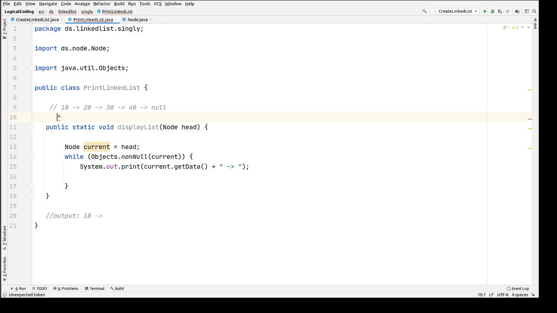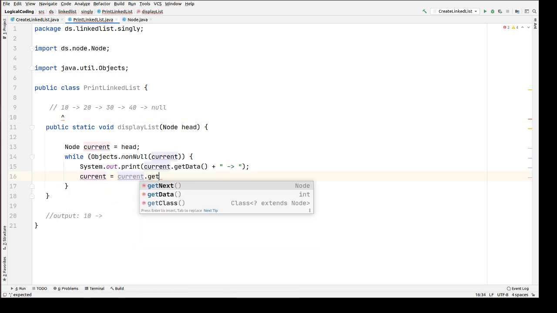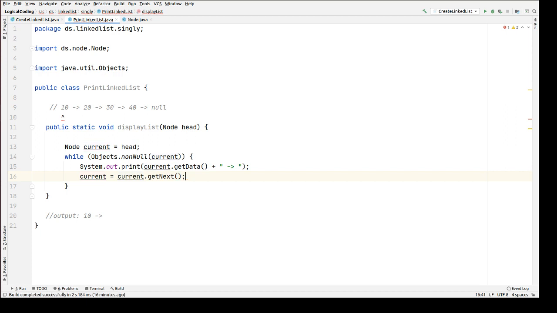How will this happen? This will happen using current.getNext, and the value should again be reassigned to the current reference. So now this line will take care of moving our current pointer one step ahead. It's pointing to the second node, which has data value 20.